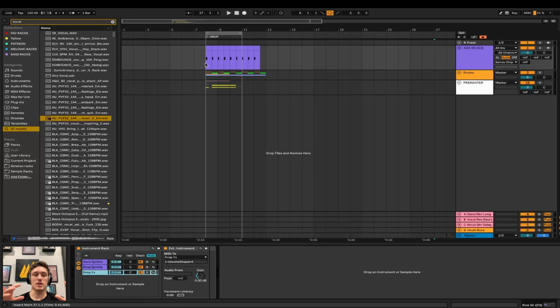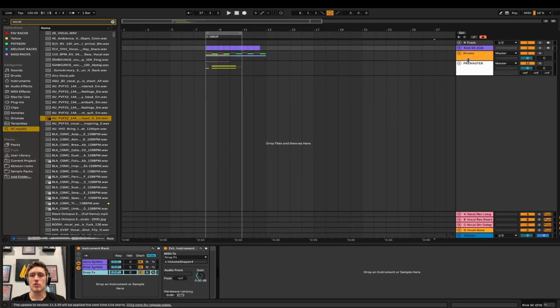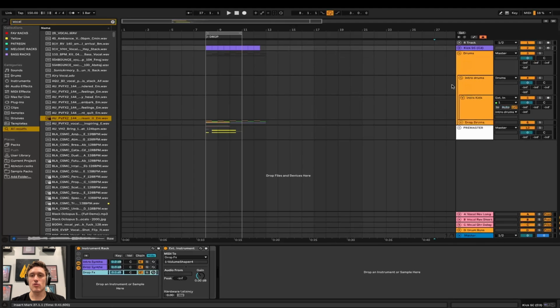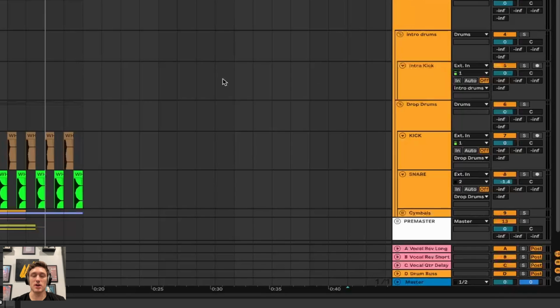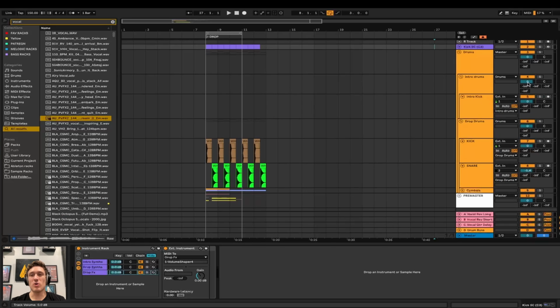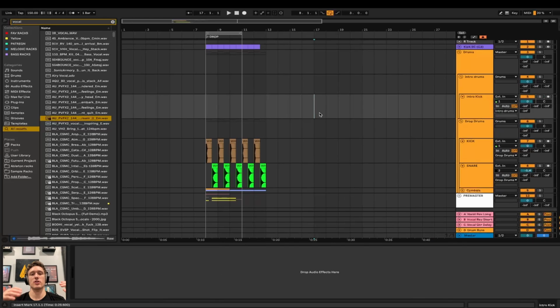This is a way you can dial in how thick you want each sidechain. We'll get more into that a little bit later, though. Drums, pretty straightforward. It's intro drums, which is just anything that's not going to be pretty much your drop stuff, which I don't have an intro, so nothing there. Why I like to split it up is because in your intro, you usually want stuff a little bit quieter,